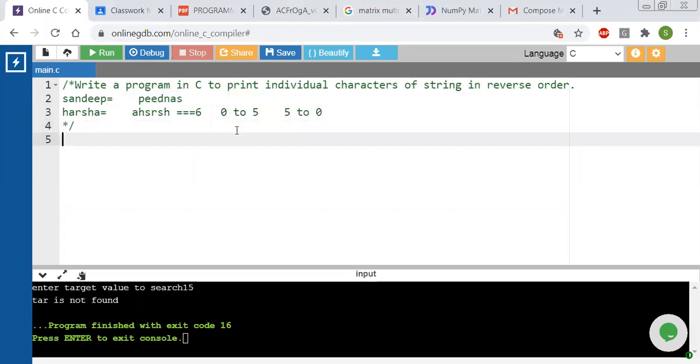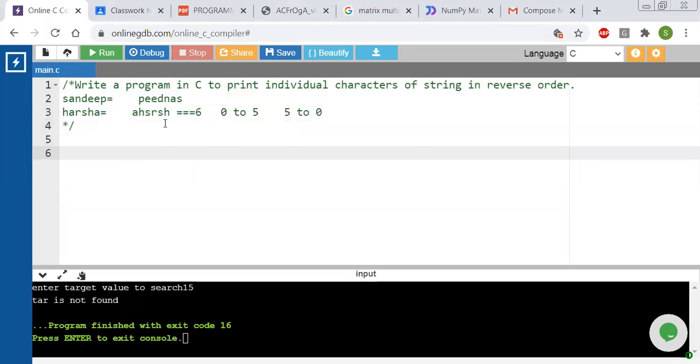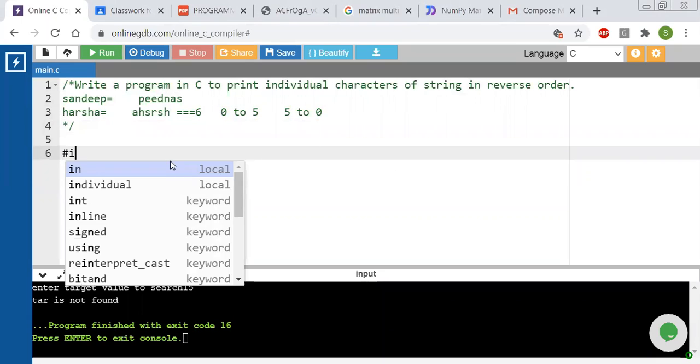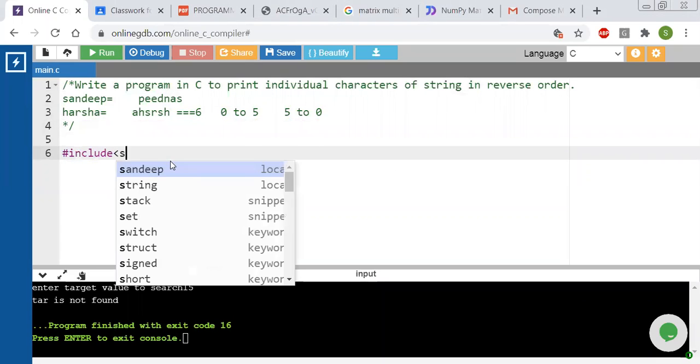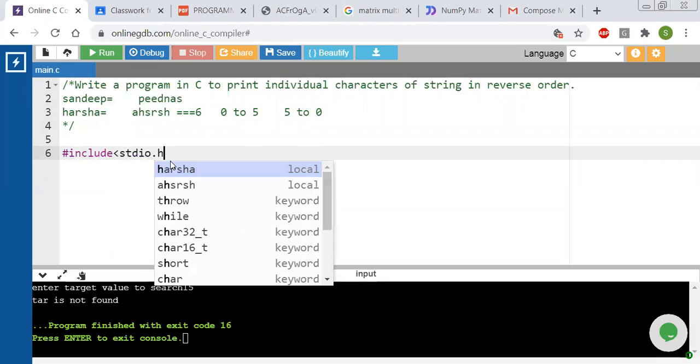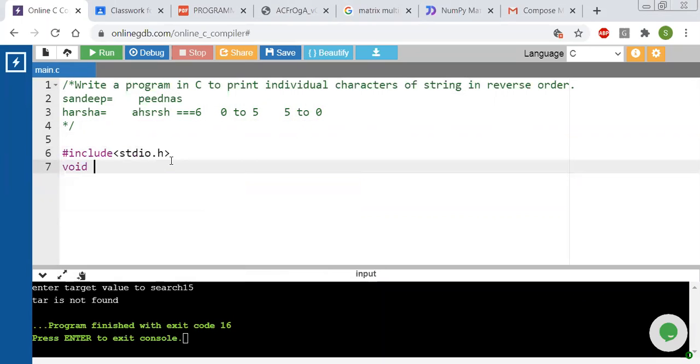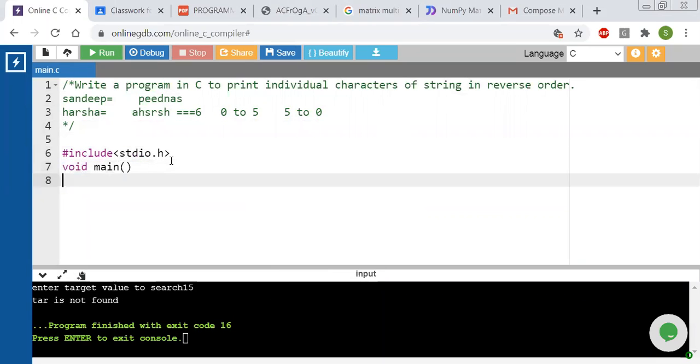First we'll discuss this one and then we'll go for the second alternative, which is given by our friend. So first, #include <stdio.h>, then void main.